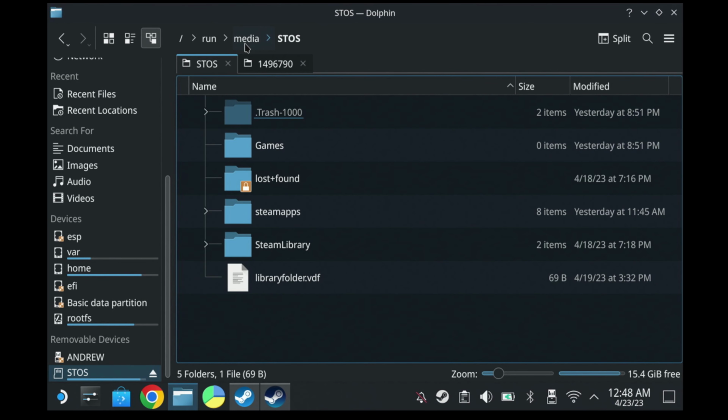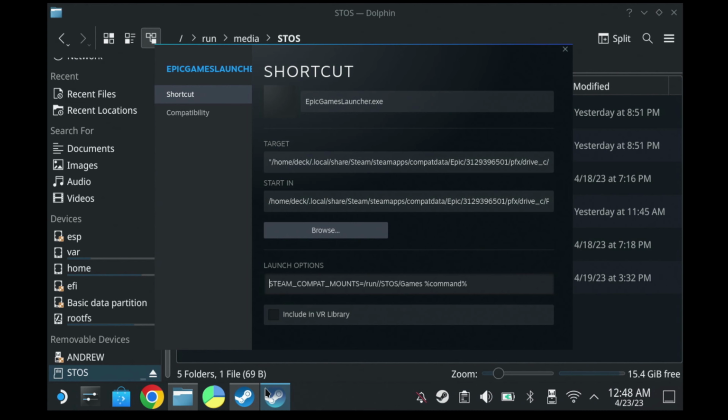Show full path, run, media, STOS. That one is mine because I named my SD card STOS. And then whatever folder you want to install the games into there. So that's how I did it. And then you just do the % command at the end, and then you'll have access to that folder,